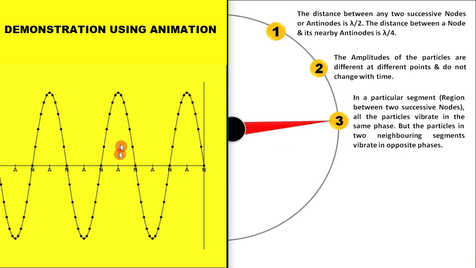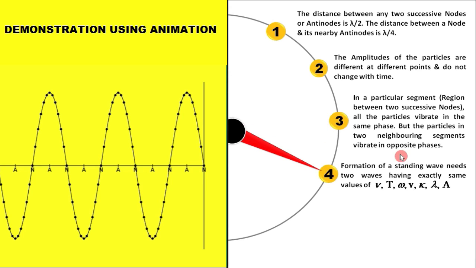See, this is a segment, one node to another node. This is the neighboring segment, this node to this node. And you can see in this segment all the particles are vibrating in the negative axis. So that is written here. In a particular segment, all particles vibrate in the same phase, but the particles in neighboring segments vibrate in opposite phases. Next point, formation of a standing wave needs two waves having exactly the same values of velocity, time period,